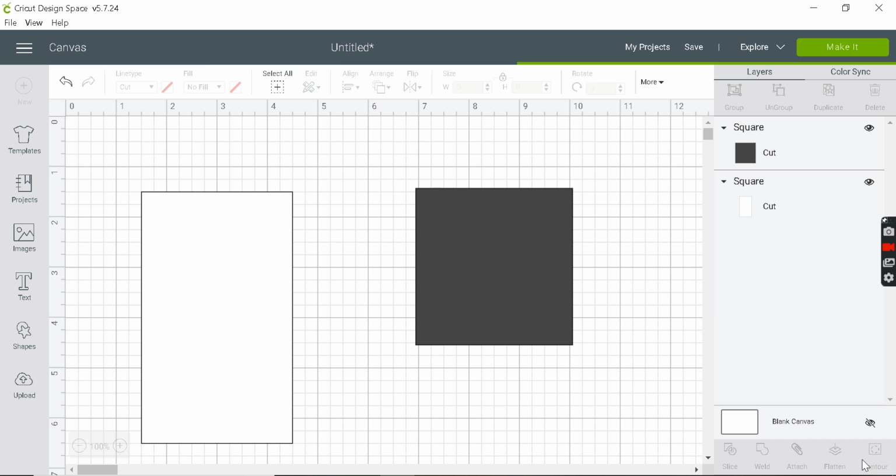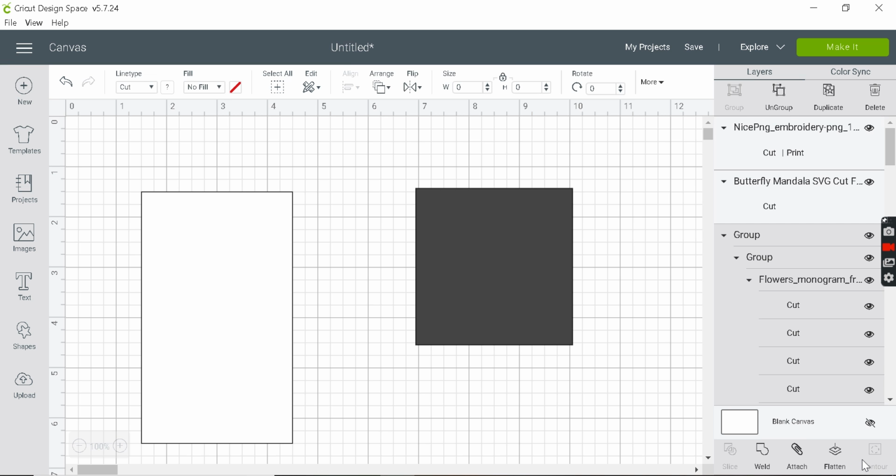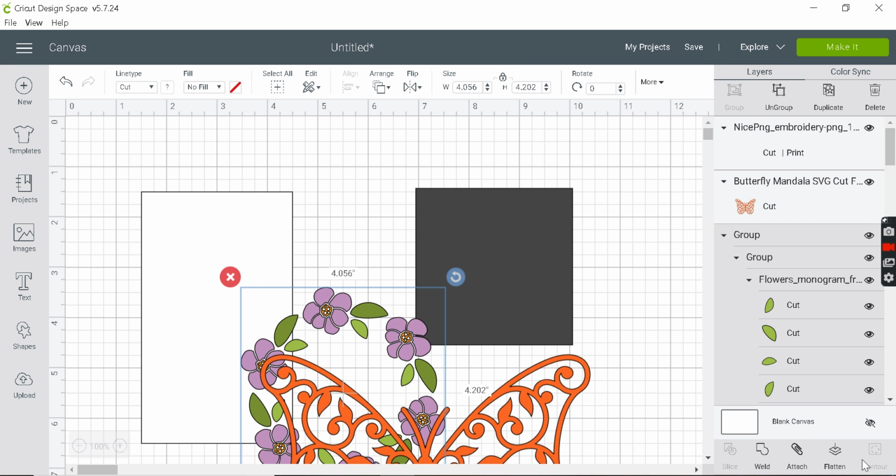In this way you can cut alphabets, phrases, sentences, any design that you have. Make sure your images are in SVG format. I don't prefer any other format because it's not very easy to manage or edit them to your desired files.